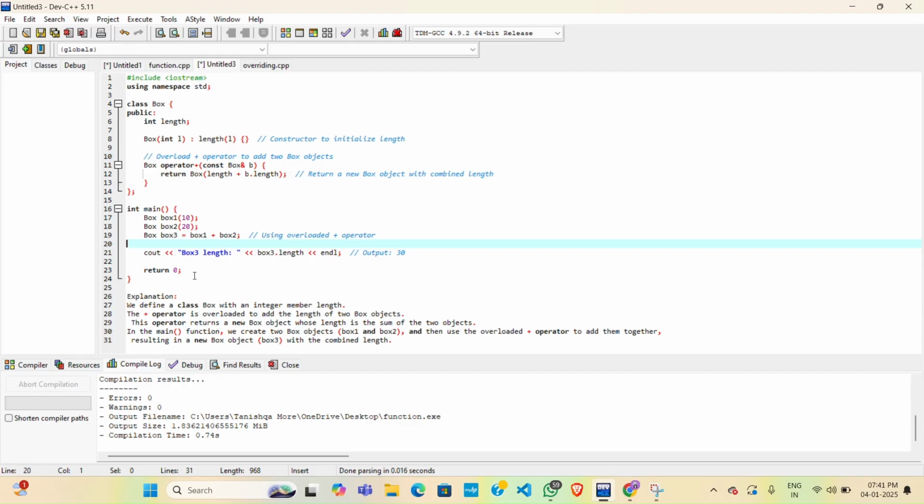We define a class box with an integer member length. The plus operator is overloaded to add the length of two objects. This operator returns a new box object whose length is the sum of two objects. In the main function, we create two objects, box 1 and box 2, and then